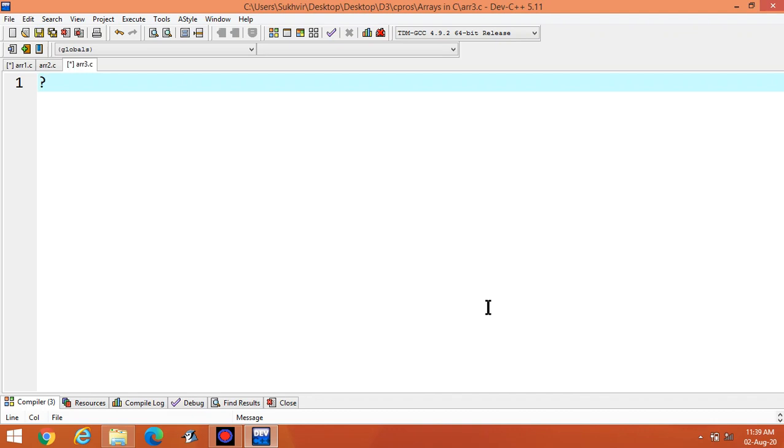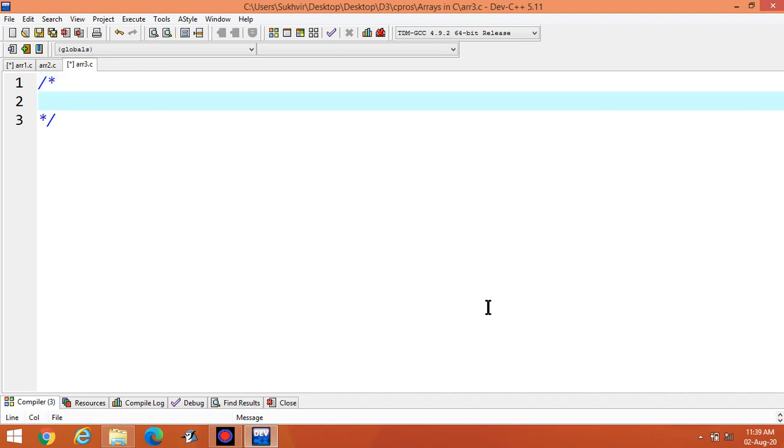Let us start with the new topic of arrays. Number 1, how to enter elements from user side.